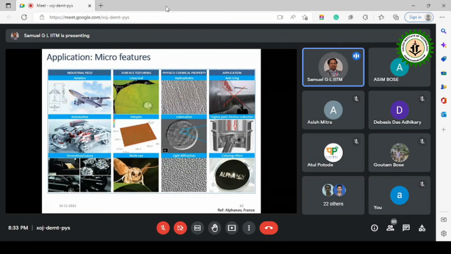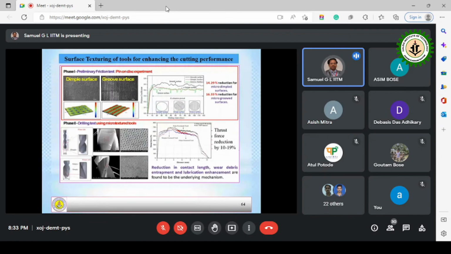but we can make that kind of pillars and texturing on the surfaces by using lasers. One of my students has worked on laser texturing of tools. We use the drill bit, both on the clamp surface and also on the flute surface. We have textured, and when we machine using such tools, we find that the cutting forces were significantly smaller than without these textures, and the efficiency increases, so the energy consumption comes down, and the surface finish you get was much improved.